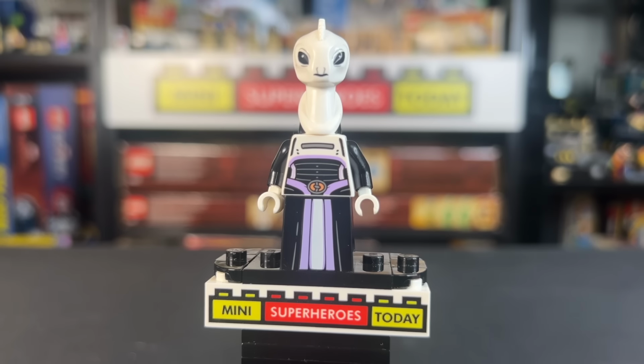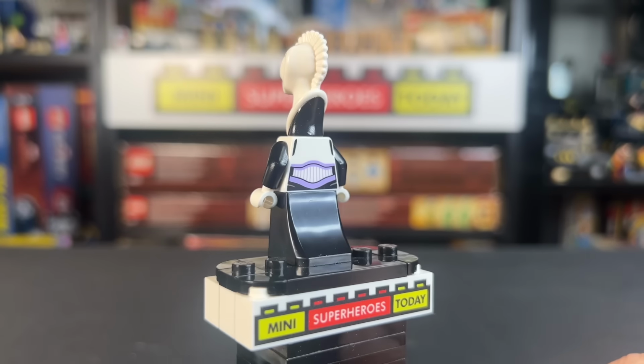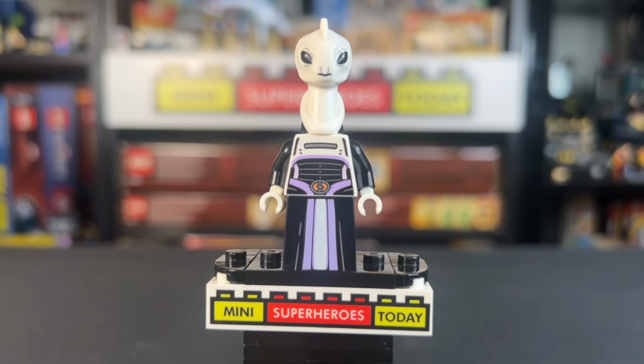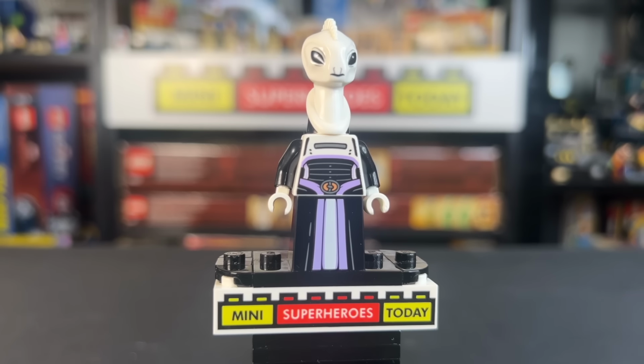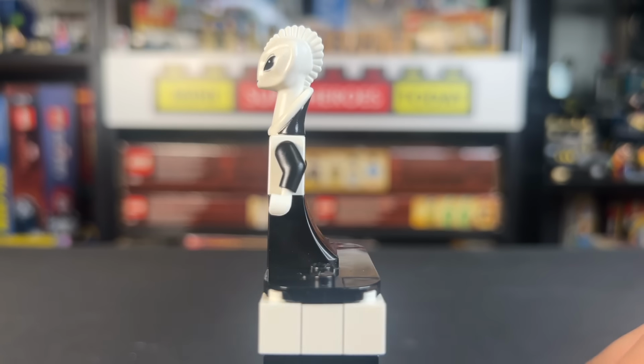At number 5, we have Lamasu from the Slave 1 Django Fett Starship set. This is such a cool minifigure for a lot of reasons. First off, if Django Fett's Starship just came with the figures it did, Boba and Django, and not Lamasu, I think we'd all still be happy. Of course, we'd still be complaining about that $70 price point, but the fact that this is added in with